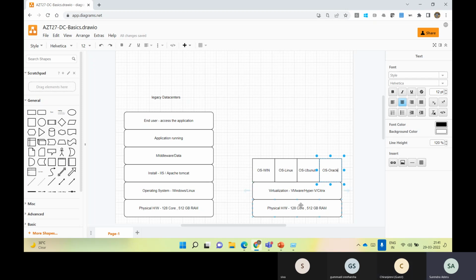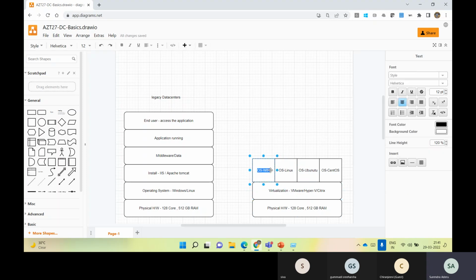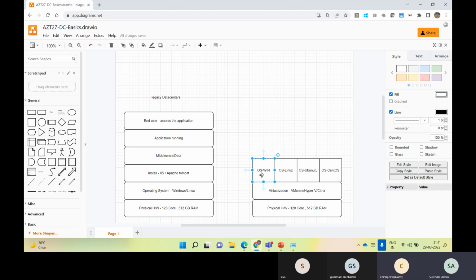But what is your physical hardware in this scenario? It is your one physical hardware. CentOS is one of the operating systems. Is that correct, what you are referring to? Yes, that's right. Okay, fine. So like that, you can name any of the operating systems and still run them on top of a single hardware.